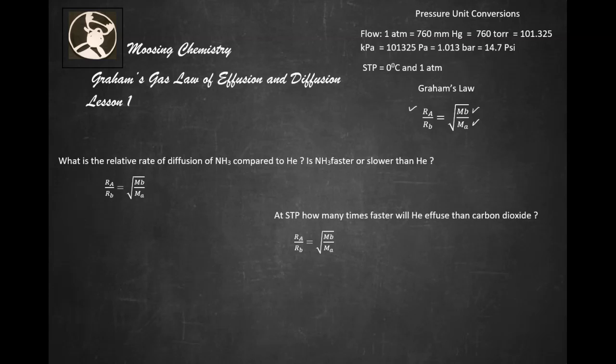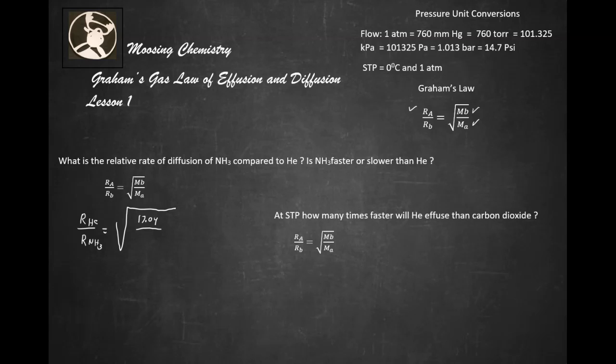Now, what is the relative rate of diffusion of NH3 compared to He? Is NH3 faster or slower than He? Well, let's take a look at this. What we're going to do is set this up, and take the rate of He, R of He, over R of NH3, equals the square root of the molar mass of NH3, which is going to be